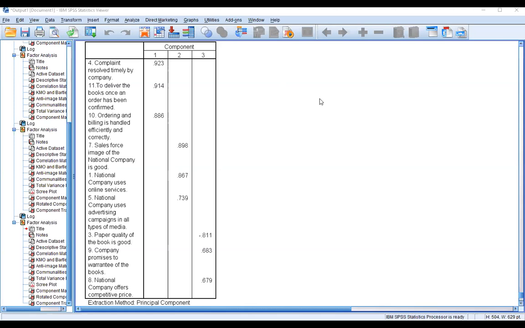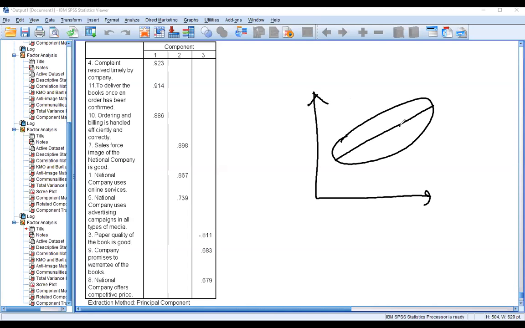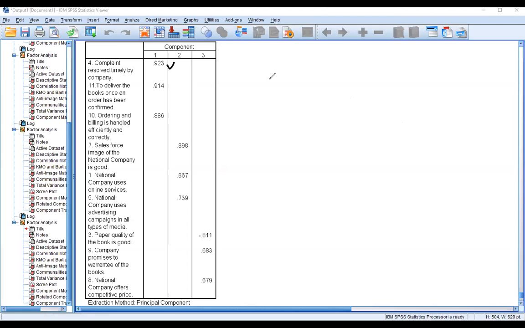देखिए, आइगन वैल्यू जैसे ये आप देख रहे हैं, आइगन वैल्यू का जो चार्ट होता है वो हम इस तरीके से बनाते हैं। दिस इज आइगन वैल्यू, बेसिकली इट्स ए डिस्टेंस। आइगन वैल्यू जैसे स्क्वायर ऑफ दिस फैक्टर लोडिंग 0.923 प्लस 0.914 प्लस